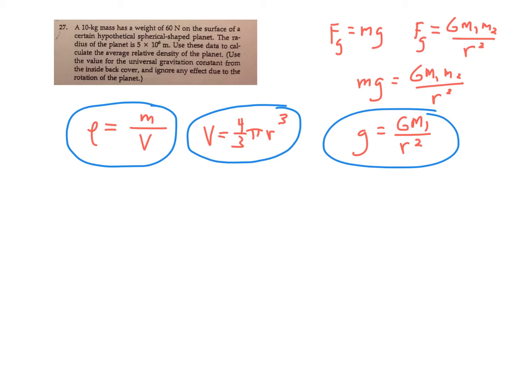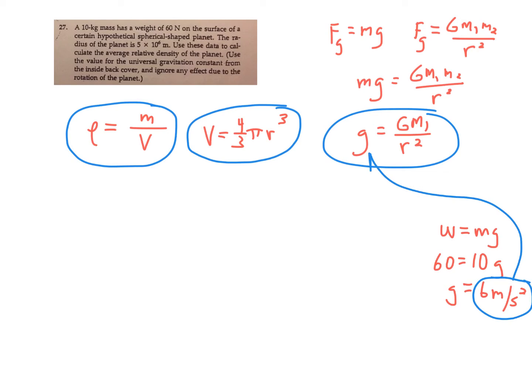Now in this particular problem, it tells you that there's a 10 kilogram mass with a weight of 60 newtons. In other words, if I do a little side calculation, W equals mg, in other words, force of gravity equals mg, that's 60 newtons equals the mass of 10 times g, so g on this planet is 6 meters per second squared. So I'm going to plug that in